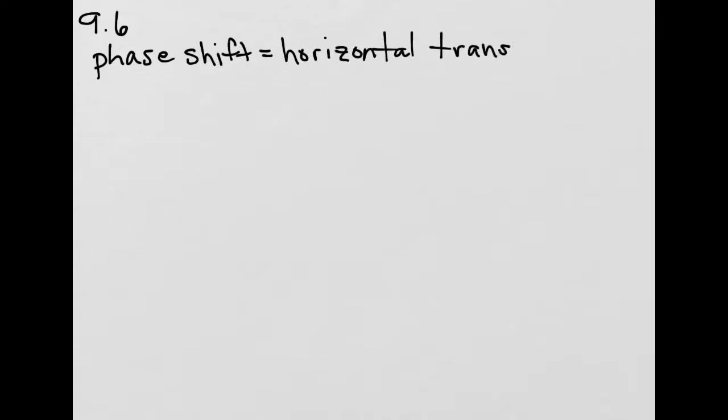Alright, we are going to look at translations of trigonometric graphs. Now a translation is when we move the graph right, left, up, down, or both. So we have specific names for those. We call a phase shift a horizontal translation. This is when we move the graph right or left, and then we